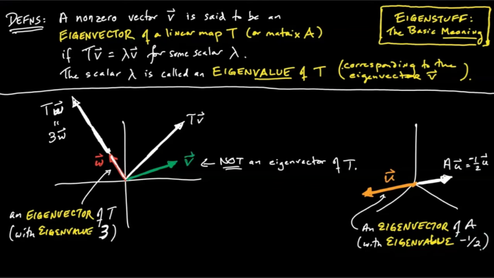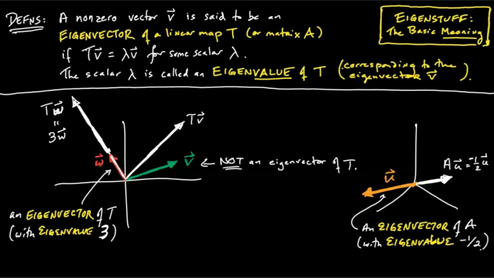No vector is an eigenvector, full stop. It's always an eigenvector relative to some mapping or some matrix. To say that some vector is an eigenvector of a mapping or matrix is simply to say that that map or matrix simply scales the vector, either in a positive sense, as it is here, or in a negative sense, as it is here. But in both cases, the original vector is simply being scaled by the map or matrix. Any such vector is an eigenvector, and the stretching factor, the scaling factor, is the corresponding eigenvalue.